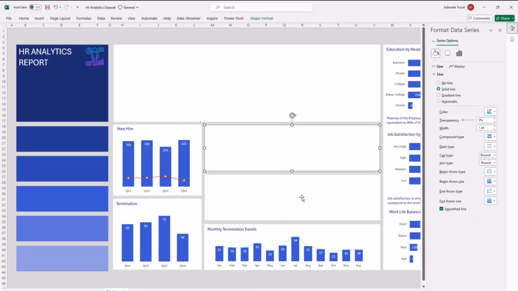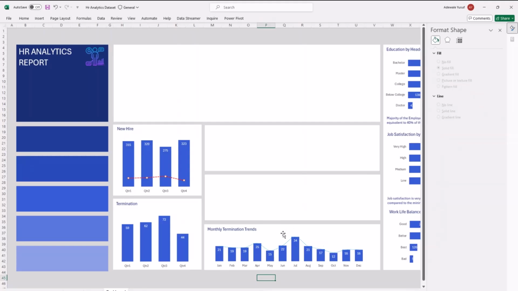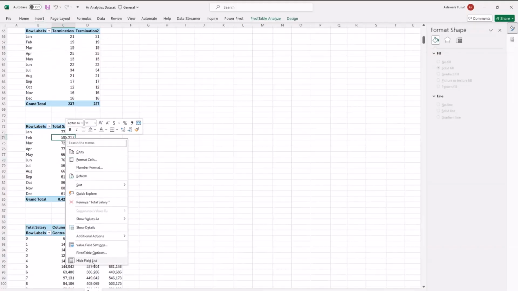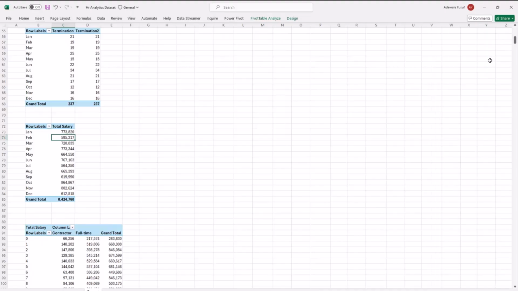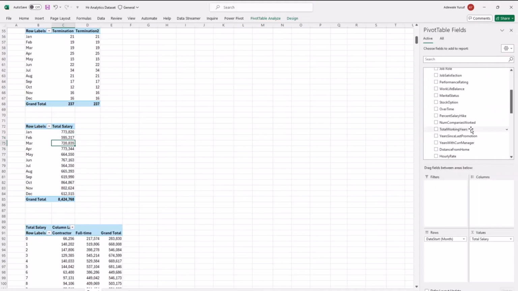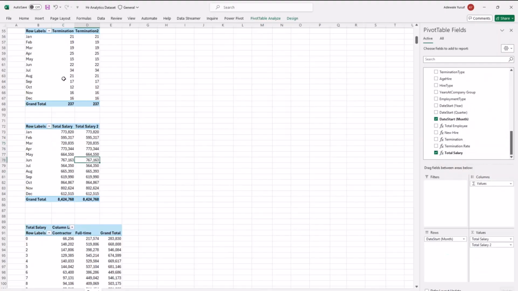So that way it will show me what is the highest and the trend of how my visuals are also moving, right? So I want to achieve something like this for the second one as well. So I'm doing the similar thing to the second report, which is the total salary termination, total salary trend. So I'll go to insert again, and then this time around, I'll make sure that I also bring in another salary as well, so that I can use that for the trend line. So I'll go to my field list, add a new salary, and then I'll go to insert.